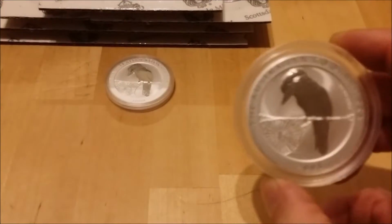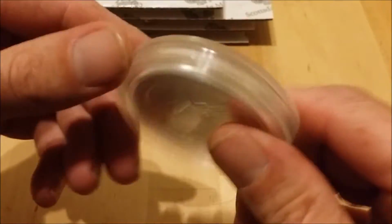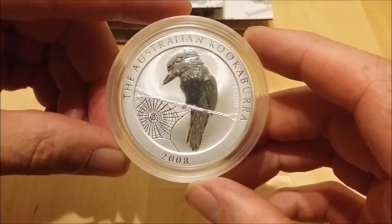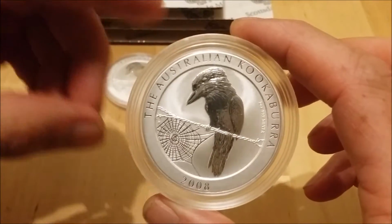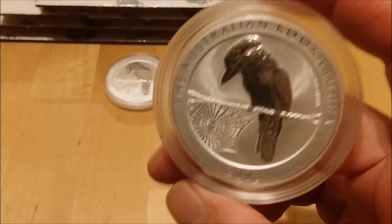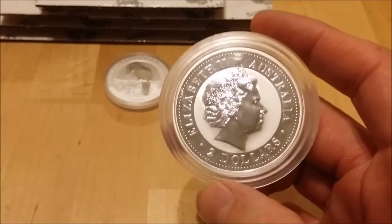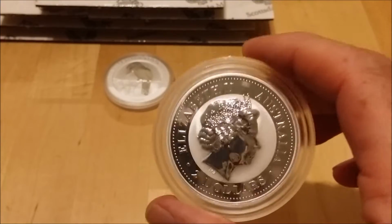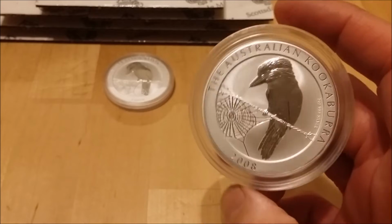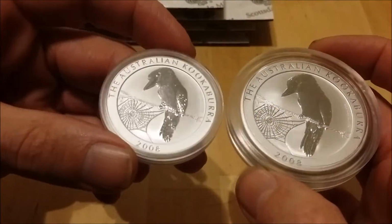But the 2 ounce, which they don't make anymore, which is such a shame because I really do like 2 ounces. And yeah, these were unlimited mintage, and you notice a lot of the mintages are very, very low on these 2008s. I think this one, the 2008 kookaburra, was 20,083 in the 2 ounces actual sales with unlimited mintage. So sometimes it doesn't actually matter so much about the unlimited mintage. What really matters is the sales, and you know, obviously the design changing every year, and obviously some years were